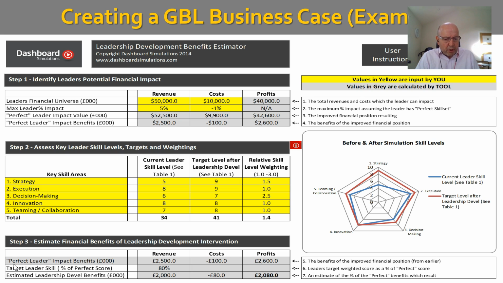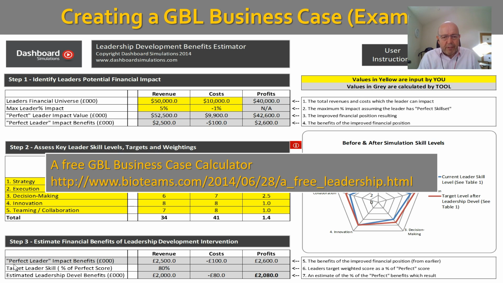Then down below this, you're starting to look at the financial benefits of leadership development. So we're saying the perfect leader was adding 2,600 to profits, and that's with that skill profile there shown in the column, whereas the average leader is currently on the other skill level. If we could bring the average leader up to the target level, then they would be operating at 80% of the level of the perfect leader, and therefore they would contribute to profits 80% of that. So that's the basic idea of the spreadsheet, and good that it's a spreadsheet because you can go in and play around with it. If you click on that link, I'm very happy to send you a copy of the